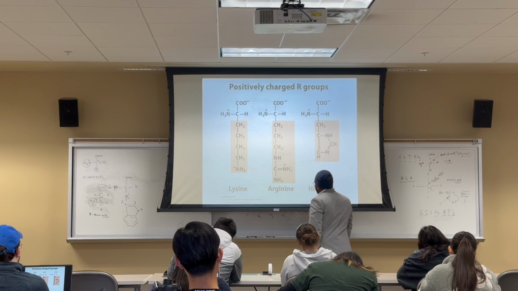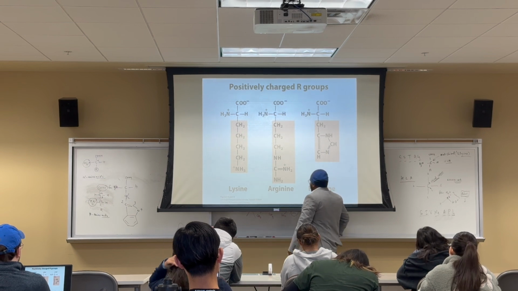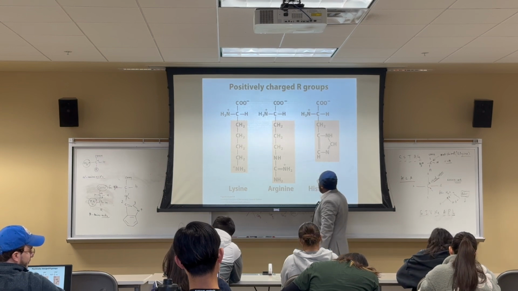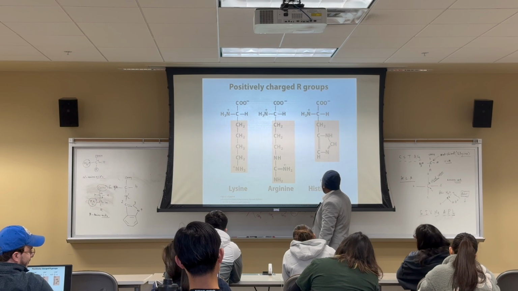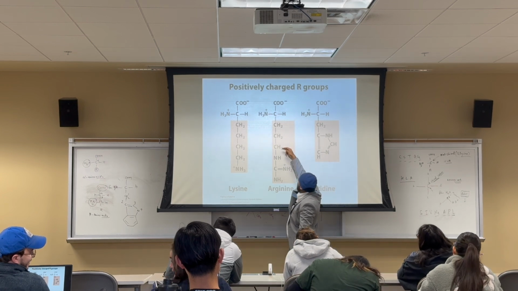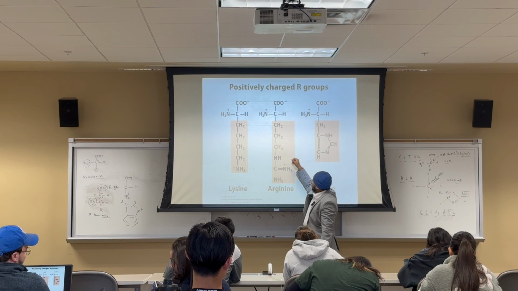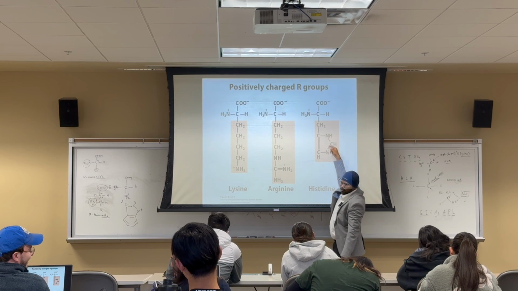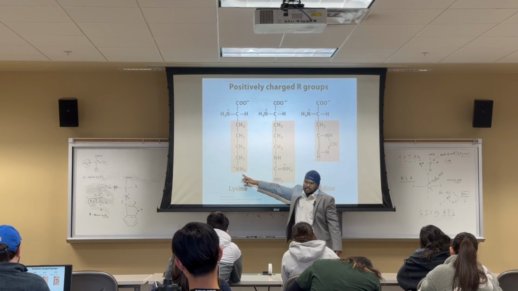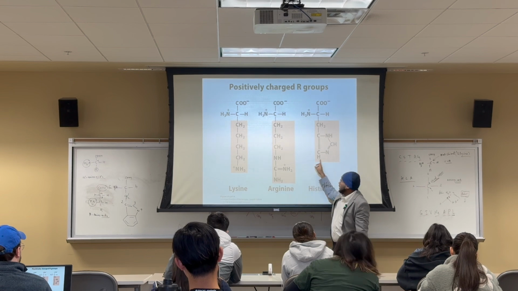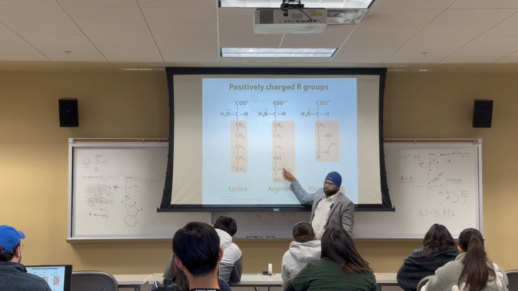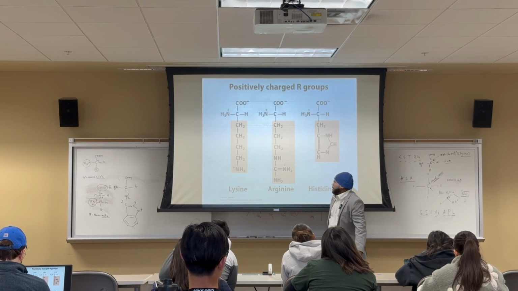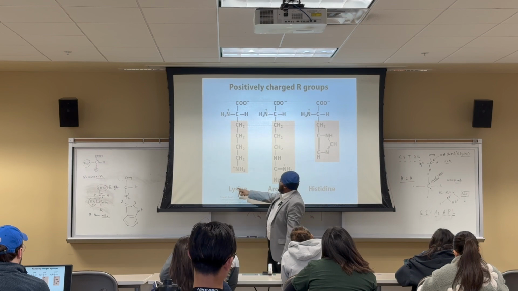The other way to write this is 4 carbon and 2 nitrogen. 1, 2, 3, 4. No, this is 2 nitrogen. 1, 2, 3, 4, 1, 2. So this one is 4 carbon, 1 nitrogen, 4 carbon, 2 nitrogen, and 4 carbon, 3 nitrogen. That's it. But the way to remember this is, first is